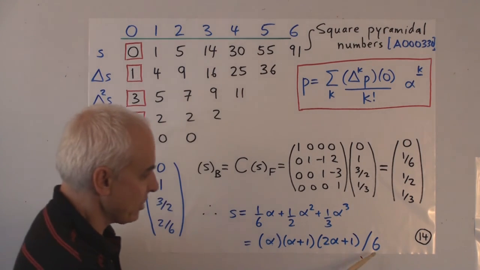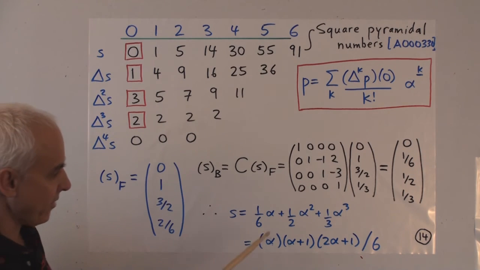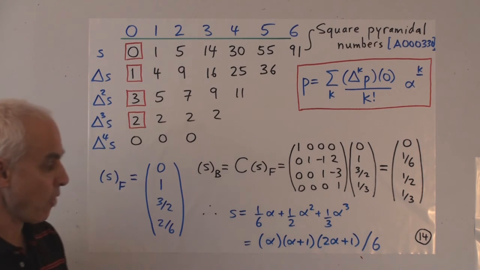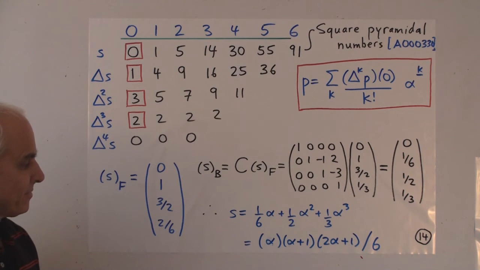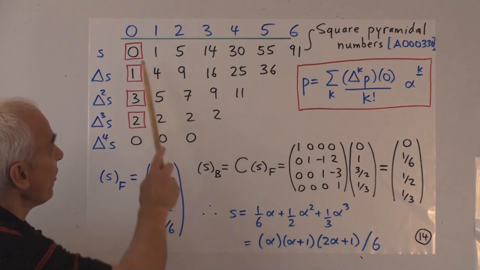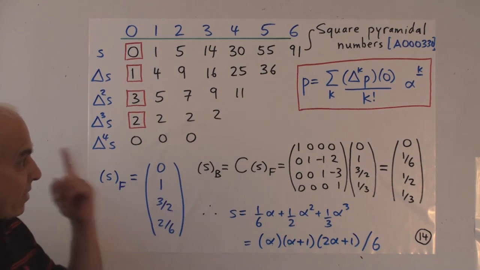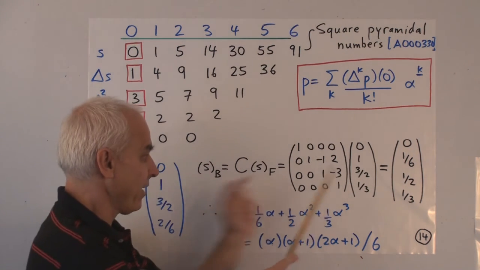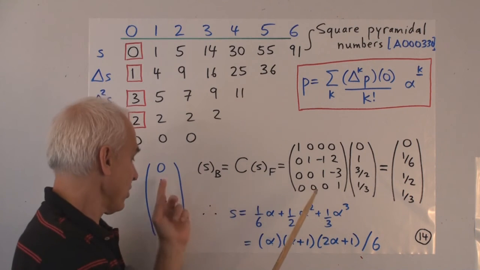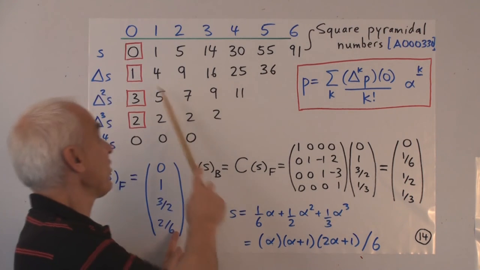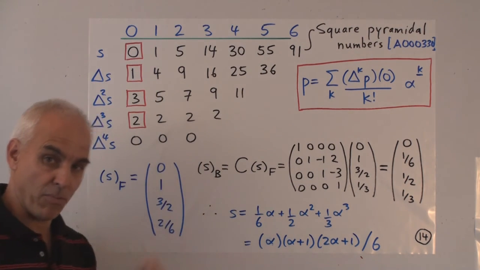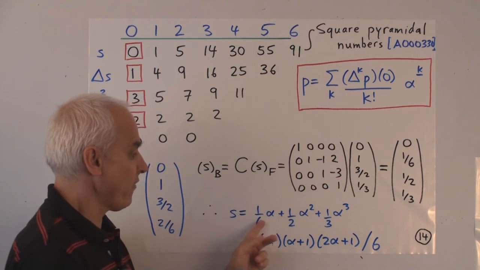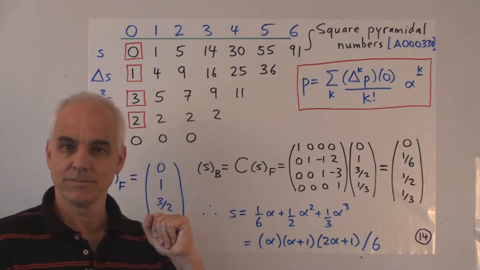By the way, this expression can take a common denominator of 6, and then somewhat happily it factors into this hopefully somewhat familiar formula. So that's actually the formula for this sequence S. And we've computed it by calculating forward differences, then multiplying by the corresponding coefficient vector, which is essentially the forward differences divided by appropriate factorials. Multiply that by C, and we've got the coefficients of the polynomial in our standard basis.